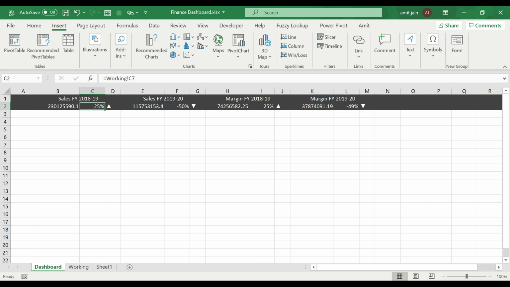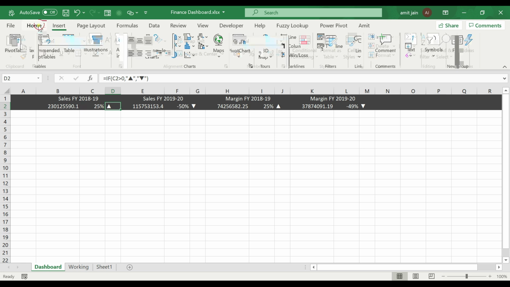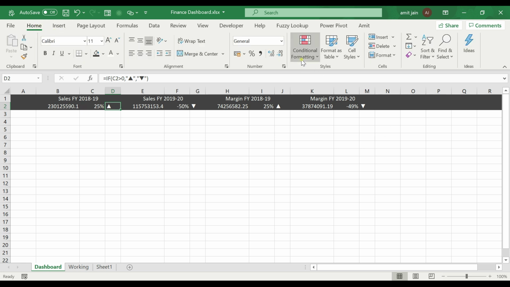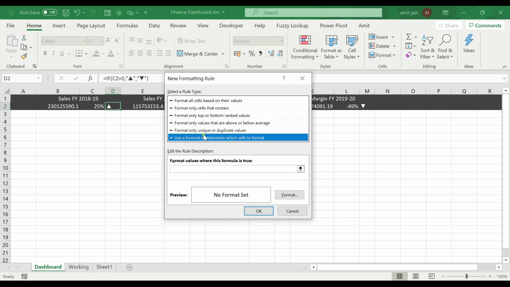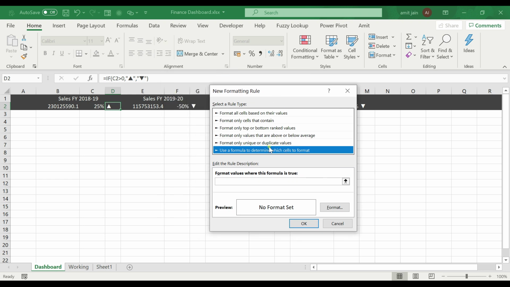and over here. Now I'll put conditional formatting over here. If there is an increase, this button should be green, and if there is a decrease, this button should be red. So I need to do some conditional formatting. For that, go to Home, Conditional Formatting, New Rule, use a formula. I'll use one formula over here. The formula is: this value is greater than 0.